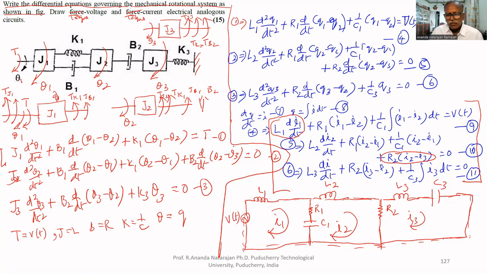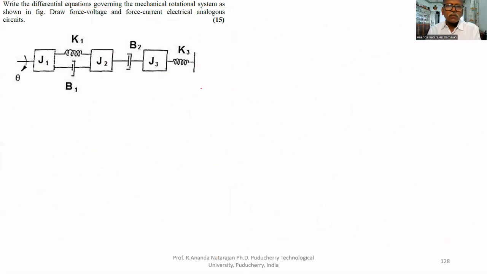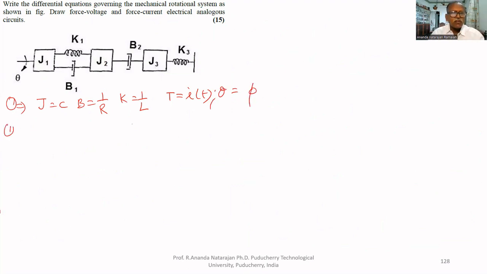Third part we have to find. For the third part, we have to replace in the mechanical first equation: J by C, B by 1 by R, K by 1 by L, applied torque by I of t, and displacement theta by flux phi. Therefore, the first equation becomes